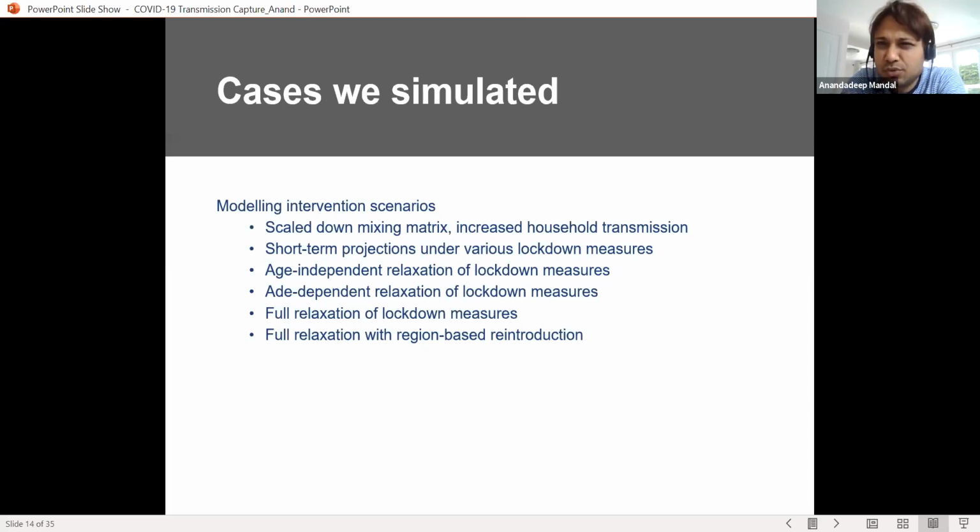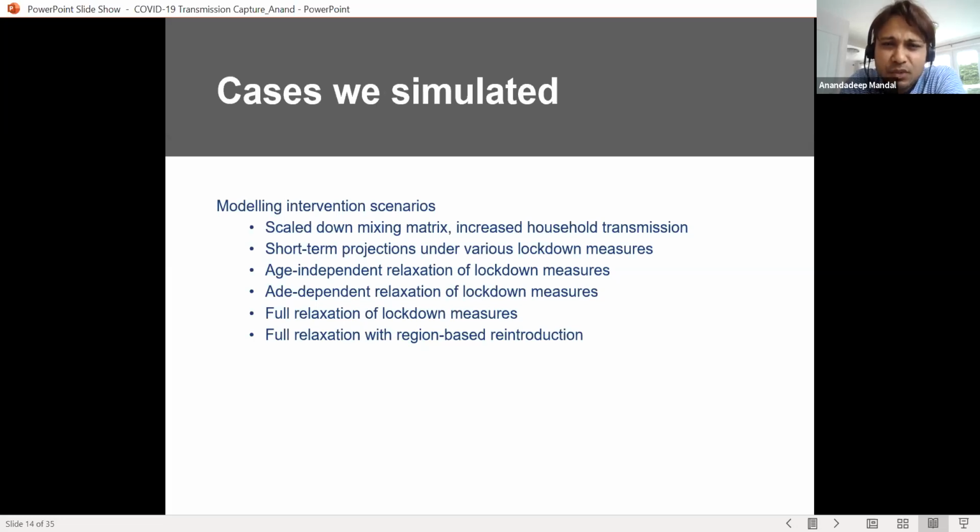There were interventions we had to take into consideration. For example, the mixing matrix. What's a mixing matrix? It's when one household mixes with another household, when one age group mixes with another age group. This happens every day. If you have kids in the house, the ages are different. If your grandparents stay with you, or if you're in care homes, the ages differ. So we had to take the mixing matrix for the household transmission.